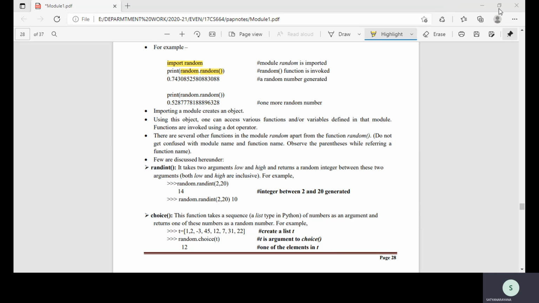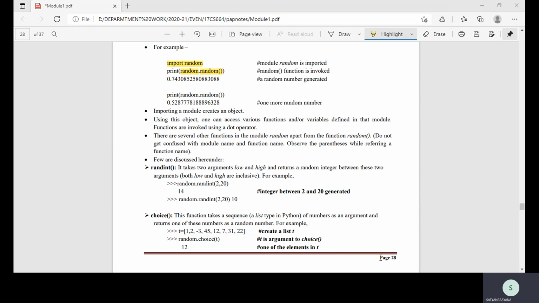Now let us take the various methods under random. I'm going to use the random method to generate a random number between 2 and 20. Again, a problem has come: random takes no arguments.